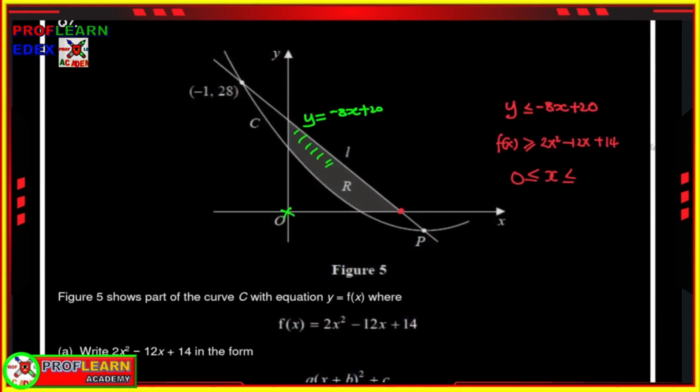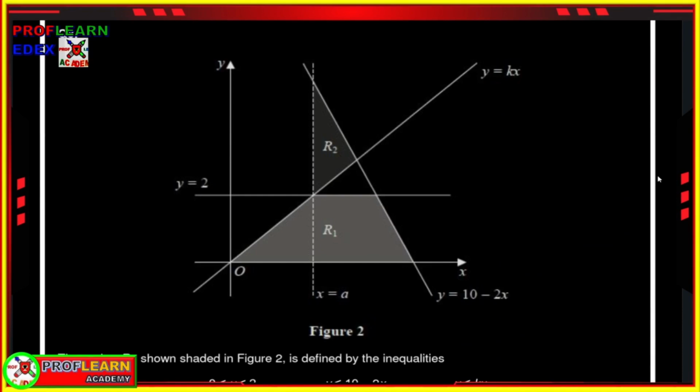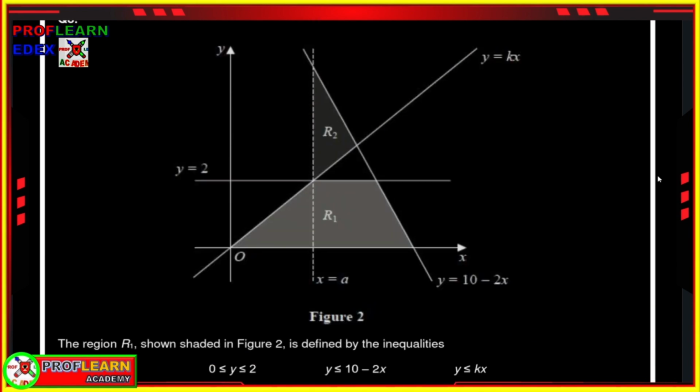So we need to move to the next part, and I believe this next part is also going to involve more inequalities, but we are going to learn some new concepts that maybe can be very helpful in your exam. We have the region shaded, and then the region R1 shown shaded in the figure 2 is defined by the inequalities. The inequalities are well stipulated here,